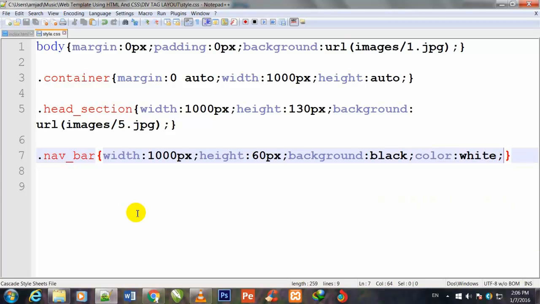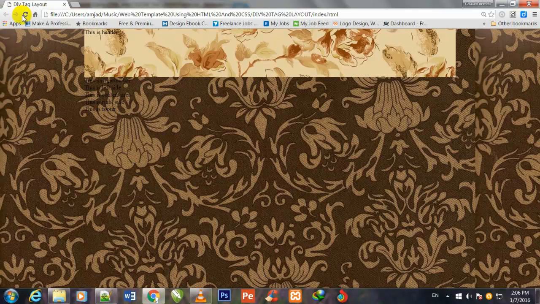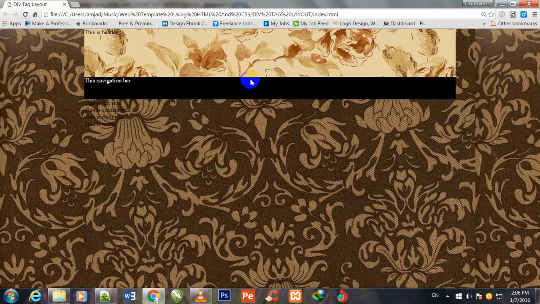Control S to save, and now I come back to the browser and refresh this page. Now you see that this has been made a navigation bar where I will place the menu bar of my